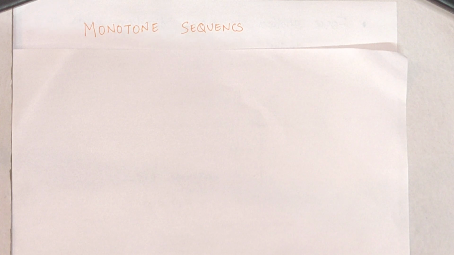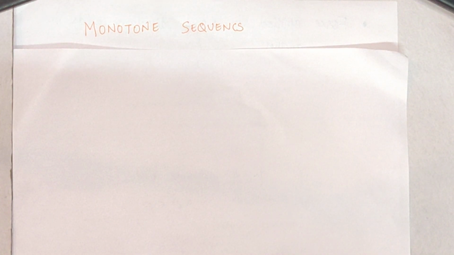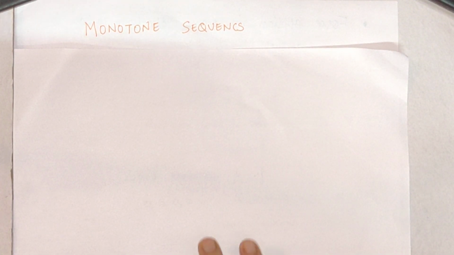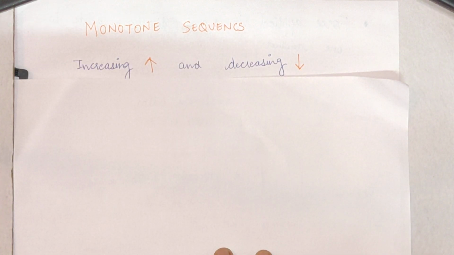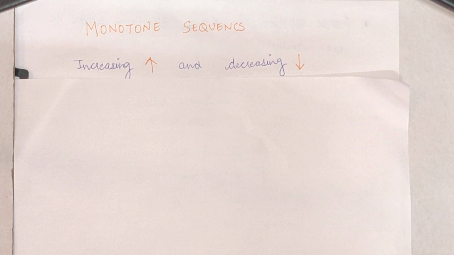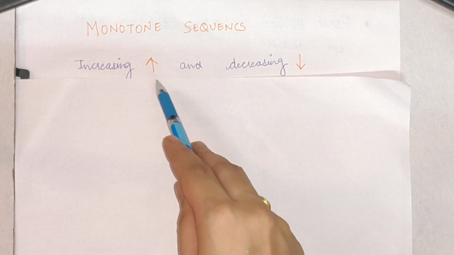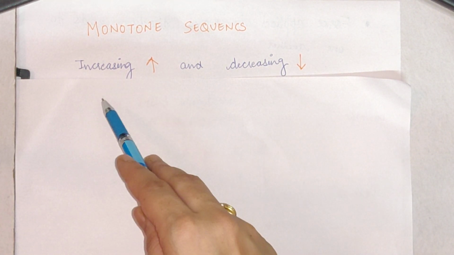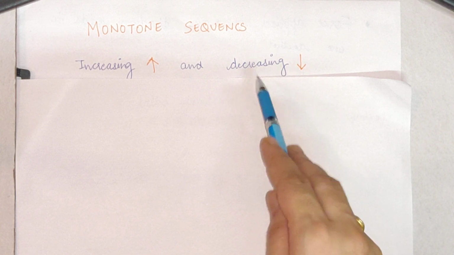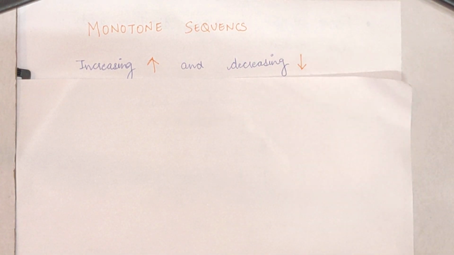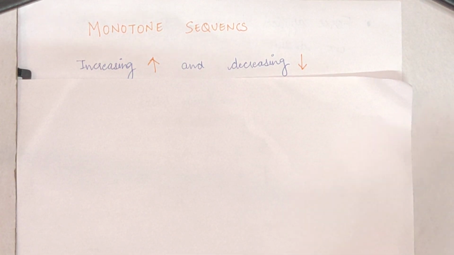First is monotone sequences. Now monotone sequences are either increasing or decreasing. Throughout this video, I'll be using this upward arrow sign for increasing and this downward arrow sign for decreasing. These are not the normal notations which we use. I'm just doing that to save time. Now firstly, let's have a look at what a